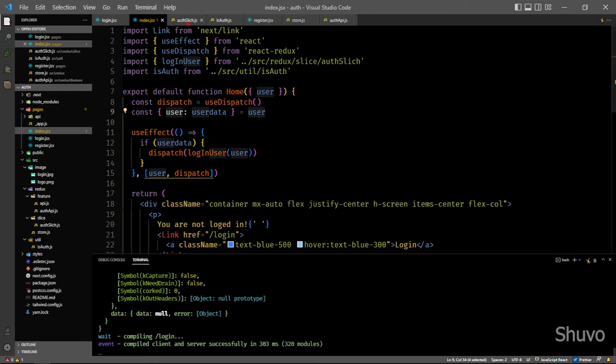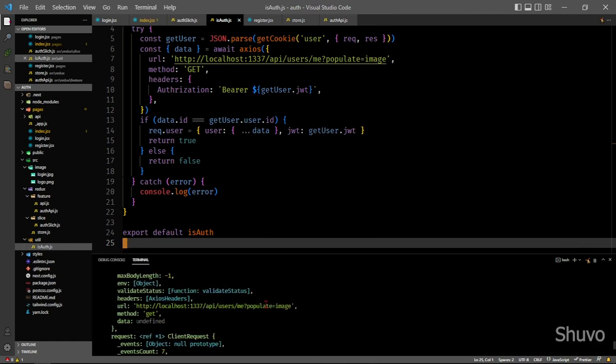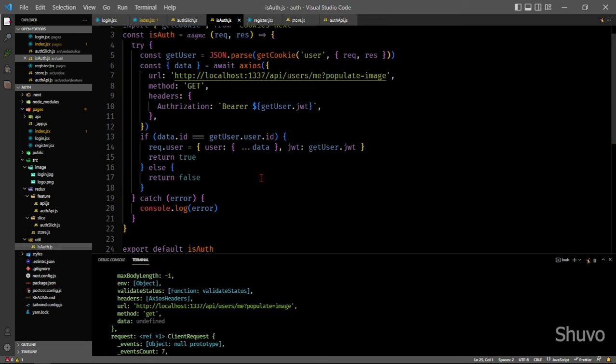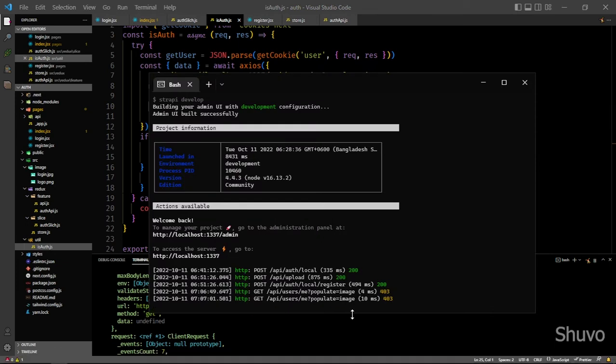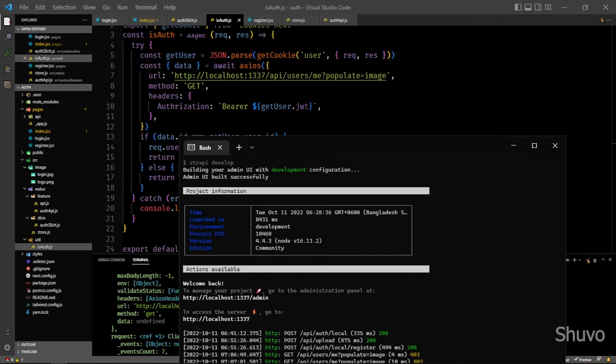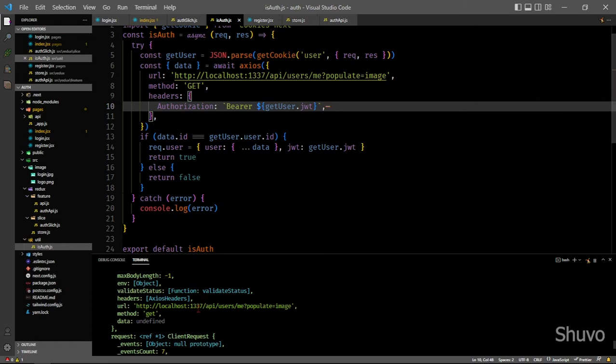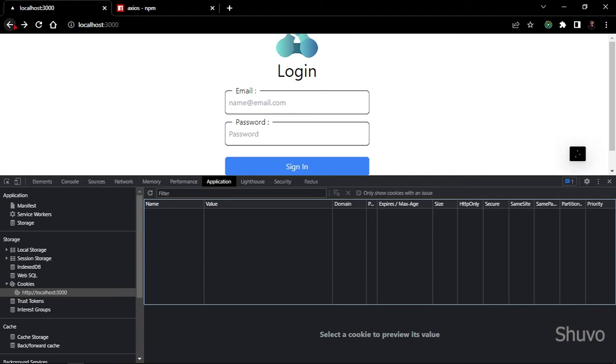Object error var API users localhost and user API users slash me let it headers work. Now go to this page,